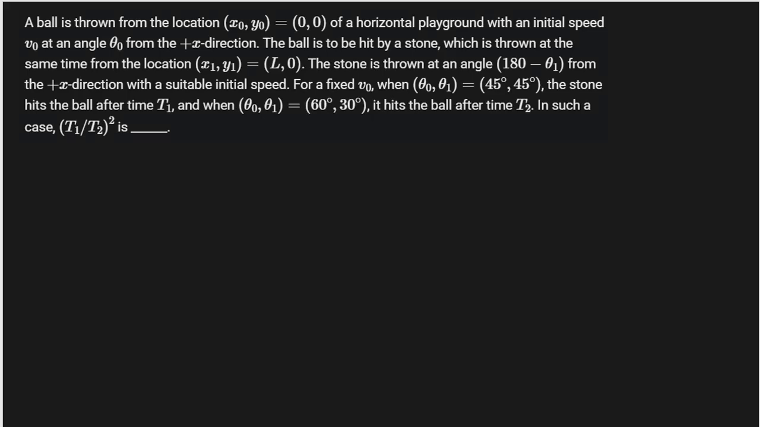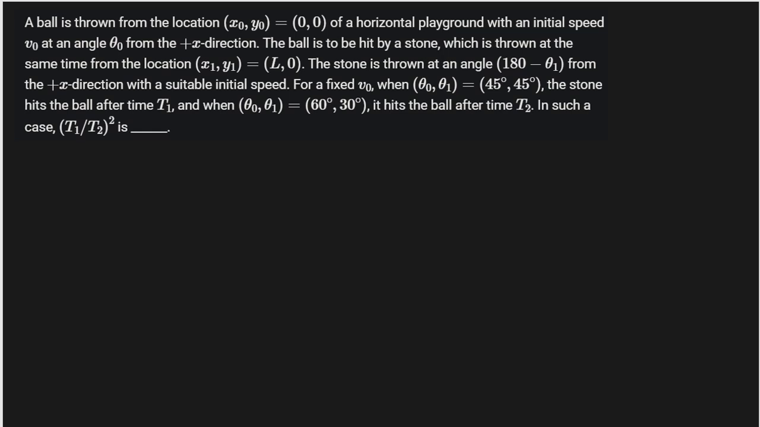Hello students, so this is JEE Advanced PYQ. The question is saying a ball is thrown from the location x0, y0, which is actually 0, 0, from a horizontal playground with an initial speed v0 at an angle theta naught from the positive x-axis. The ball is to be hit by a stone which is thrown at the same time from the location x1